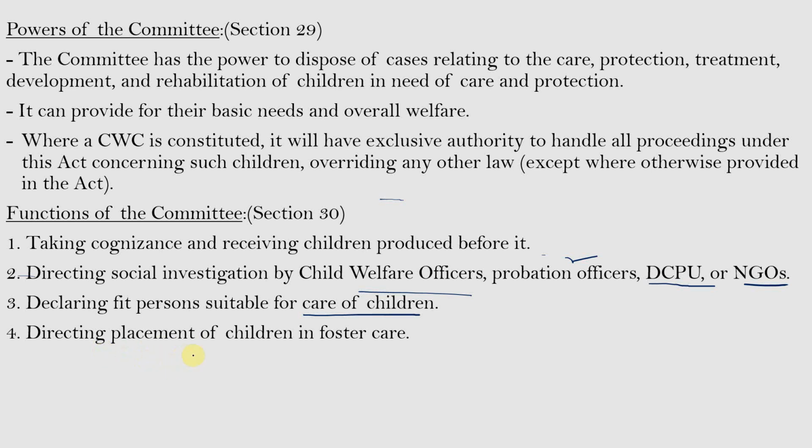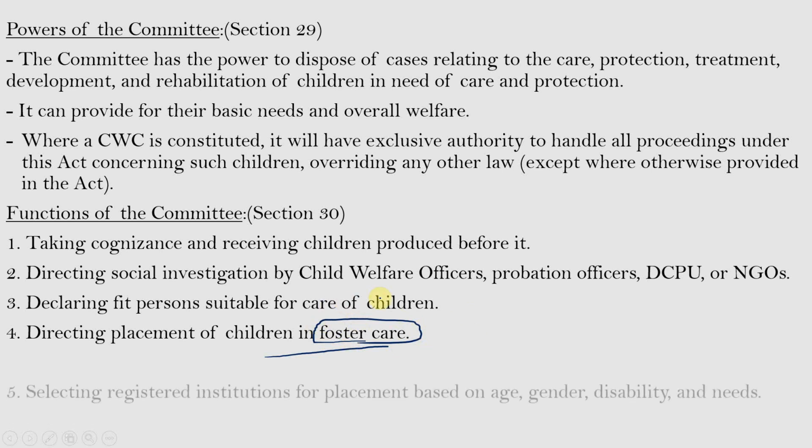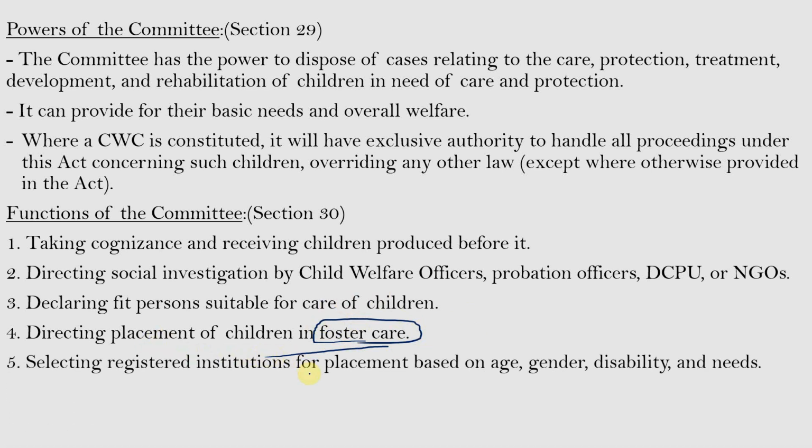And the next is directing placement of children in foster care. Foster care is the place where a child is sent for a temporary period of time. It could be with a fit person or some other family until the child is adopted by some other parents. And selecting registered institutions for placement based on age, gender, disability, and needs. So, according to the needs of the child, the committee shall select various kinds of institutions for the placement of the children. And the next function of the committee is